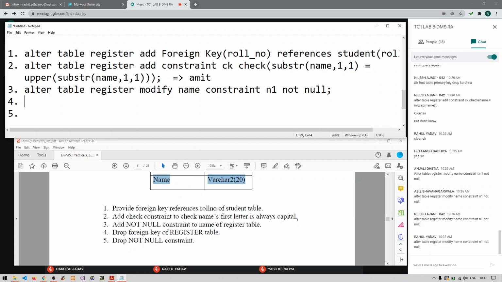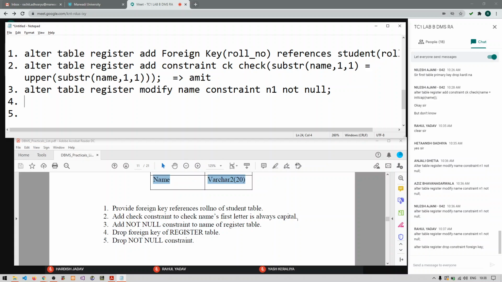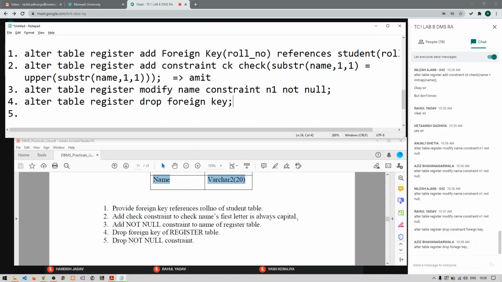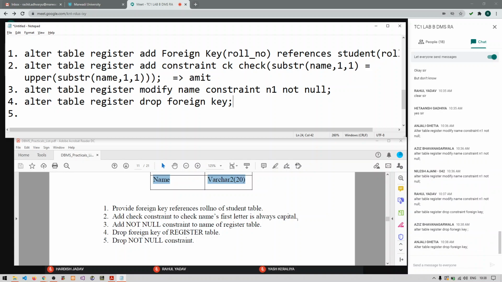How to write down the answer? Answer will be alter table register, drop foreign key. That's it. Because we have not given any name to the foreign key, we will just write drop foreign key.